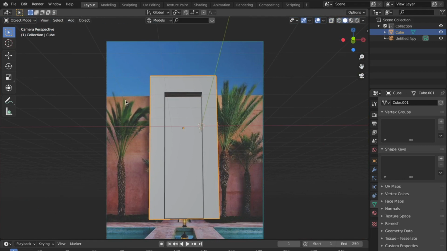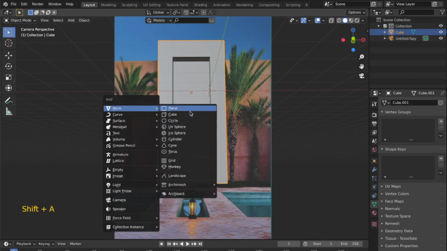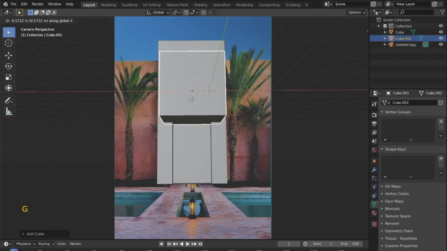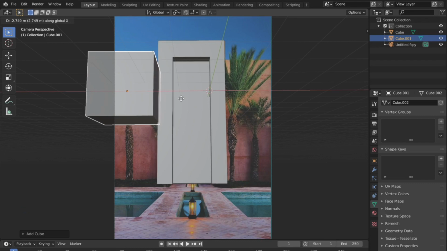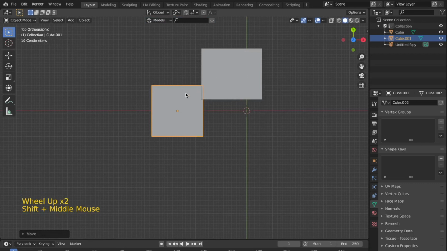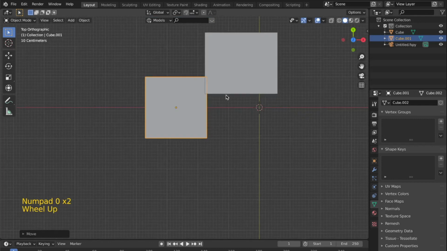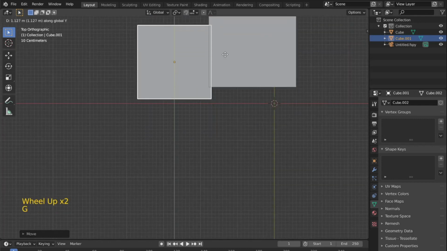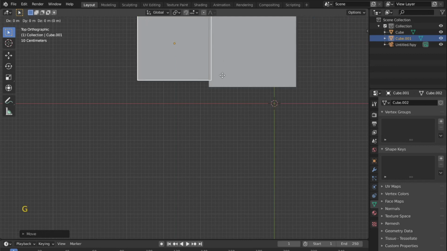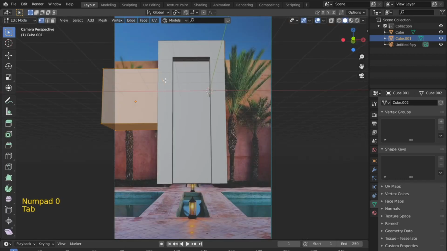The next part would be to model these two side walls, and they are also pretty easy. For that I will first add a cube over here, then press X to move it along the x-axis. Then in the top view you can see that this obviously has to be behind this edge, as you can also see this in the reference image. So just go in the top view and then press G and Y first to make this happen, and then press G and then X so that the edges are aligned and not overlapping. Now that we are done with that, half of this work is already done.